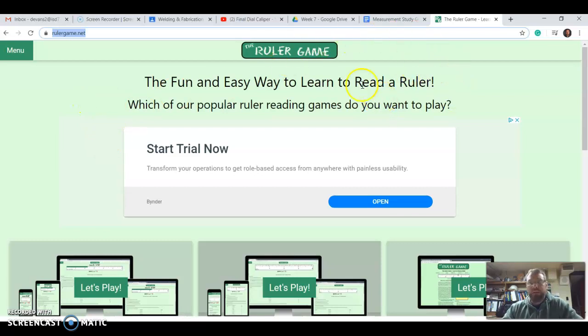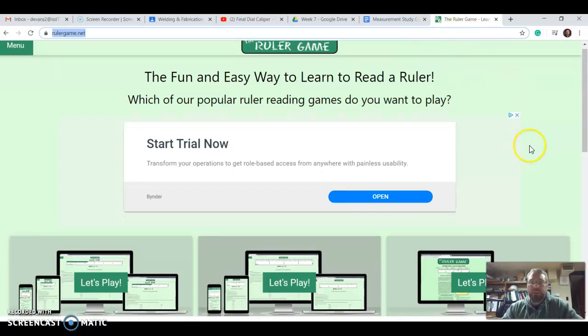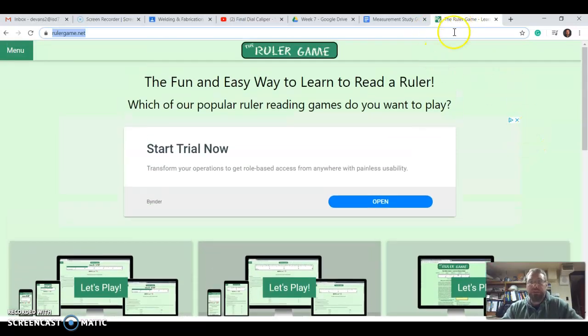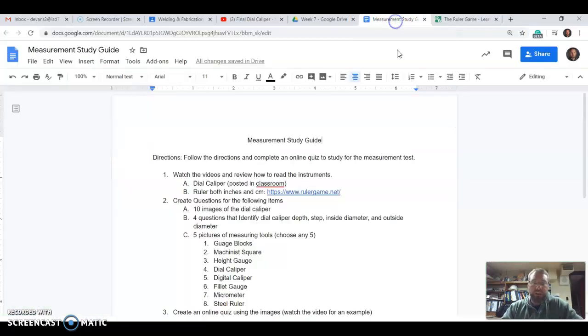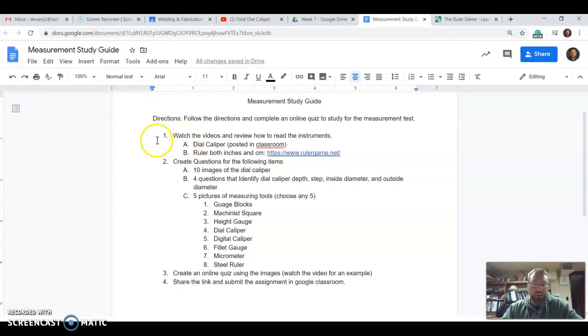And we're not going to be studying that. You need to know that information, but you will not be including that in the study guide. So once again, if you're struggling with that, you want to go to this resource here and use it. Also posted in Classroom, and I have basically a study guide direction sheet that just walks you through what to